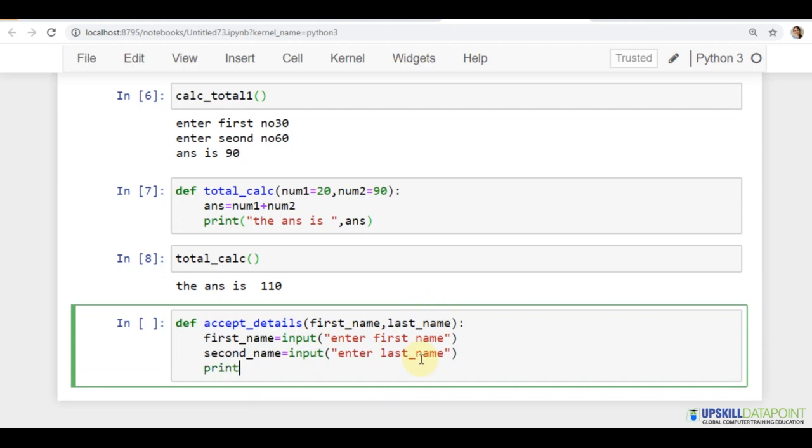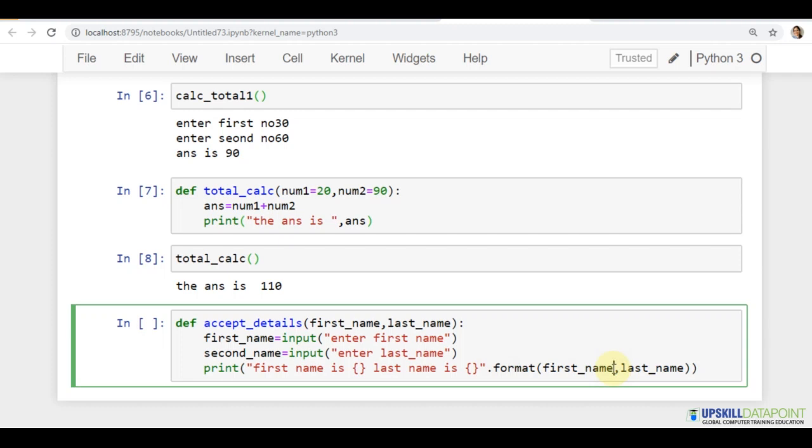So here I can print, first name is, remember this format discussed in the previous lecture, last name is, and then we had given the format function where we had passed first name and last name.